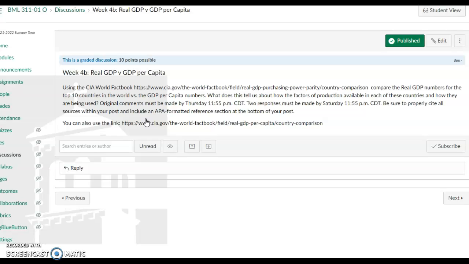So this will be your next question. Kind of tie that in. How does that correlate with the various factors of production? So factors of production pertaining to goods and services, as well as the importing and exporting of goods. And also what about the trade agreements that one country may have with another? All of that you have to calculate and factor into the GDP. So that question will be your second discussion question assignment post that you're going to actually be working on this week.